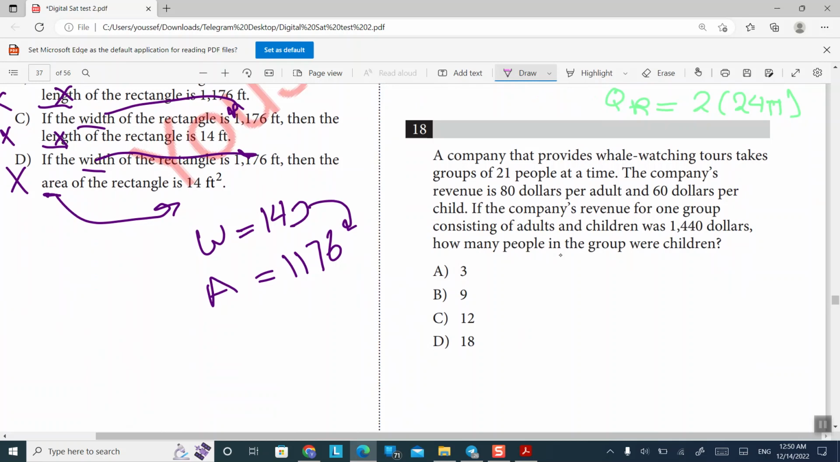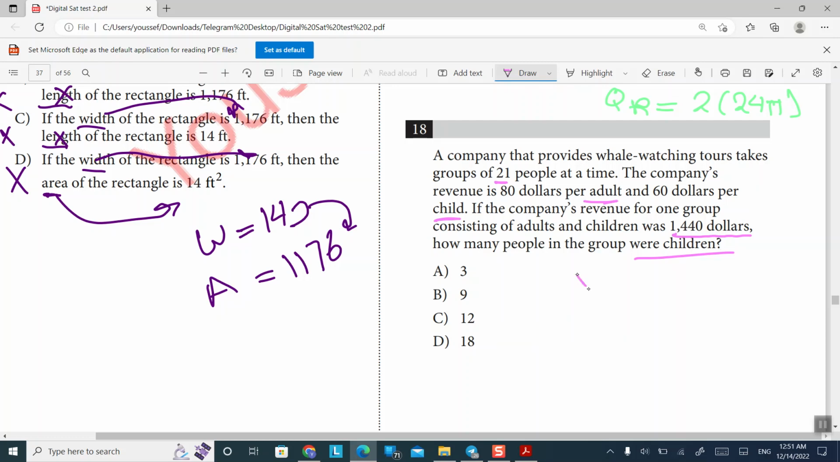Question 18 says a company that provides whale watching tours states 21 people at a time. The company's revenue is $80 per adult and $60 per child. If the company's revenue for one group consisting of adults and children was $1,440, how many people in the group were children? So this question is exactly the same as the one we have solved before. I think it was 5 something like that. Regardless,